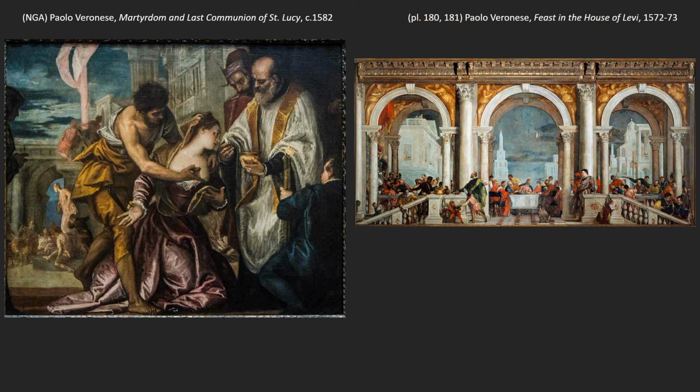But from a very early age, she pledges herself to Christ, right, and will not marry a pagan. And she tries to convert her mom, and she finally is able to convert her mother. We think of the shadowy figure on the left. It's almost easy to ignore. It's probably her mother, right, that she converted. And when she converts her mother, she convinces her mother to give away her dowry, to give all the money to the poor, because that's what Jesus would do. Right? Give money to the poor.